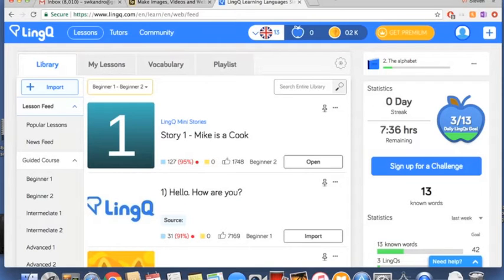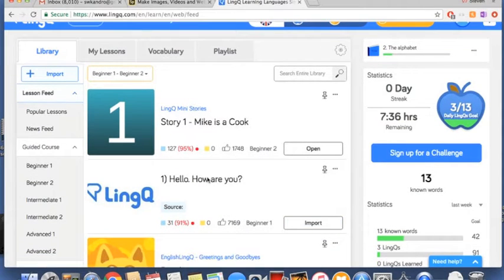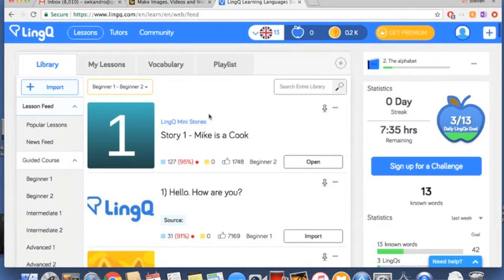So essentially, just to sum up what LingQ is, the methodology behind it, the philosophy behind it is that via listening and reading at the same time, you can create a much more engaging and a much more effective lesson in which to teach a great deal of vocabulary at a time. And the vocabulary is taught implicitly, so it's not taught via traditional flashcards or fill in the blank type